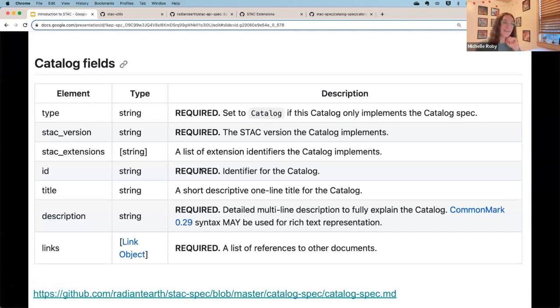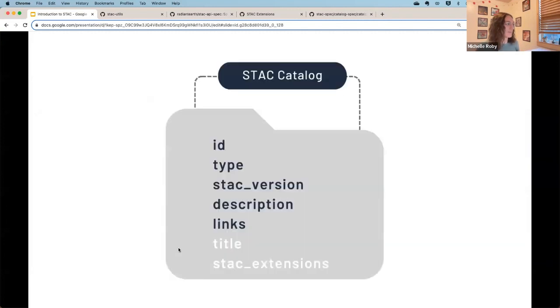An ID to identify the catalog, a title, which is optional, but can be helpful if the ID is vague or you need some sort of clarification in there, a description, which I mentioned is just like a short description of that data set, and then links, which are required to link out to the rest of the catalog. Because if it doesn't have links going to, here's where the data within this catalog is, it would not be useful to a user.